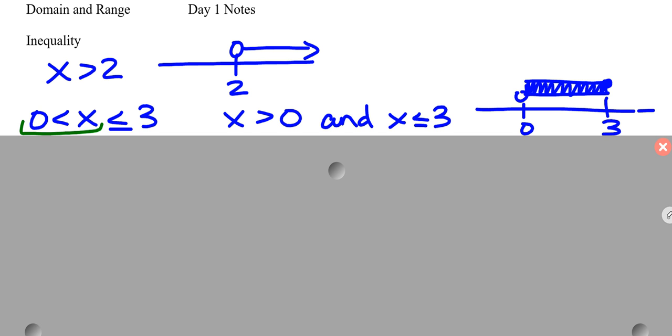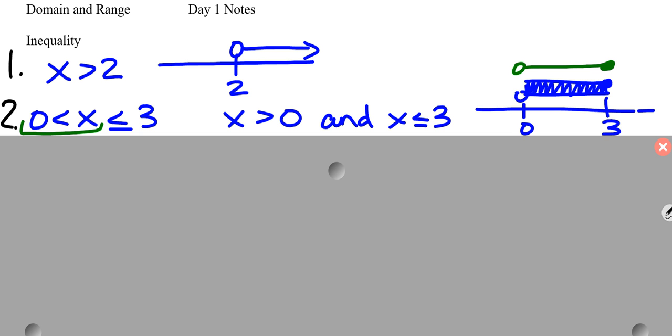So in the end, we could also just draw it like this: open circle, closed circle. And some of you started off drawing it that way. Some of you use the arrows. Either way, totally fine, just knowing that those are the same thing. So these inequalities, if we number them 1 and 2,